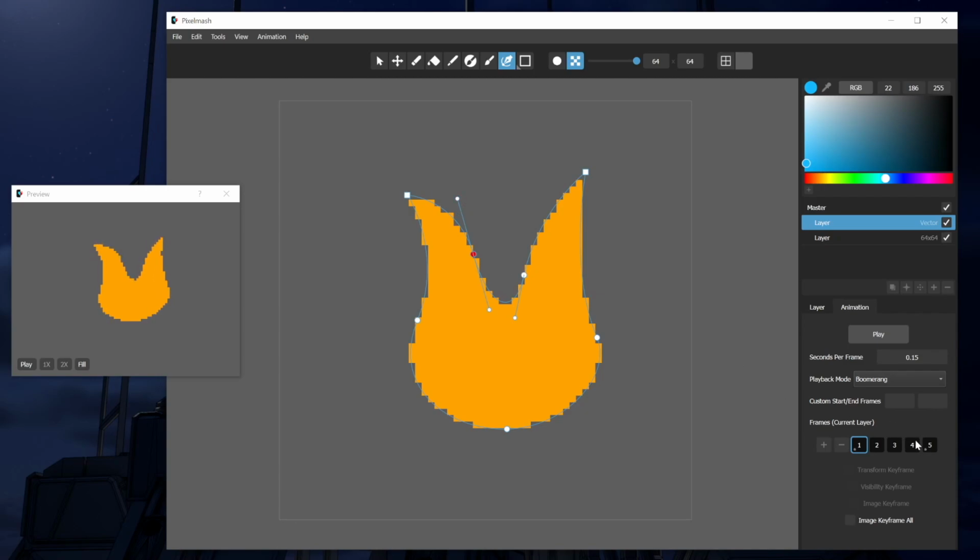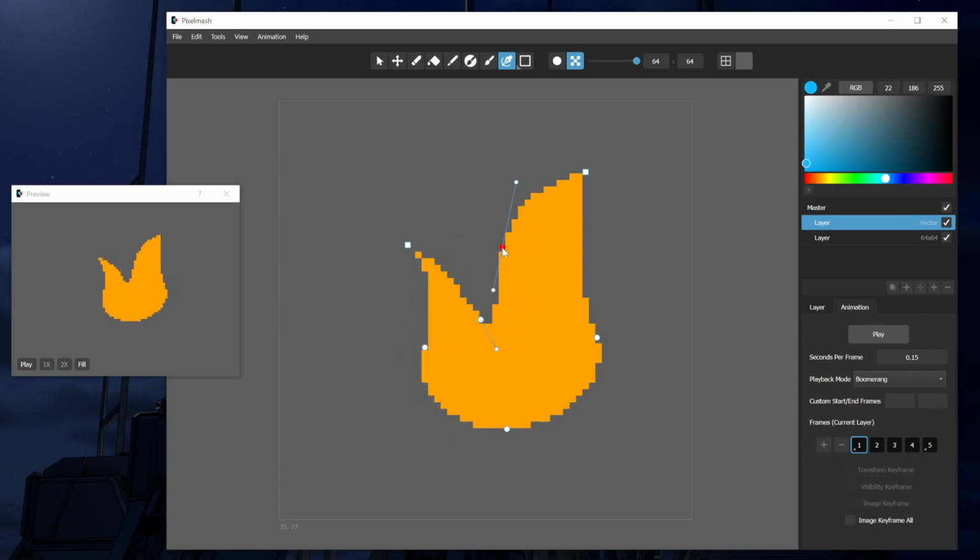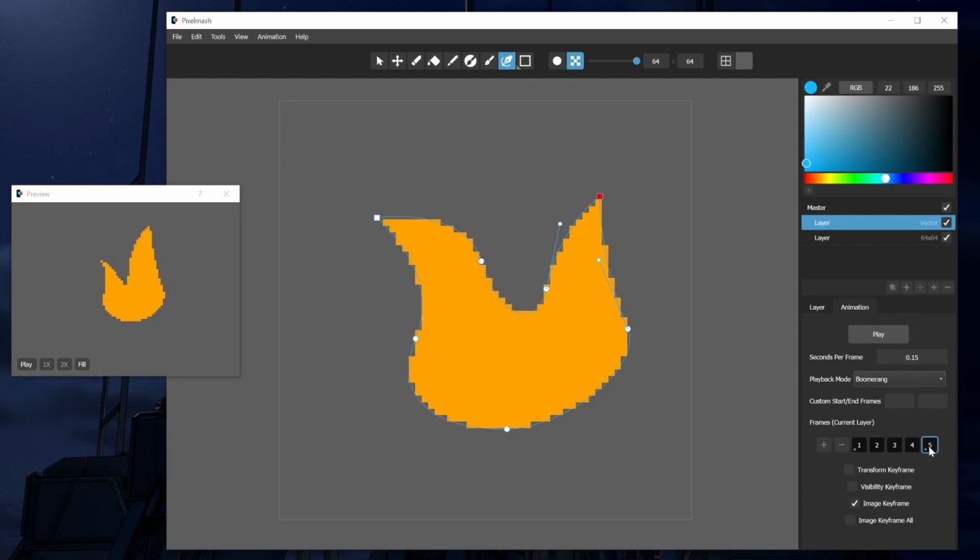I don't love how this looks. This looks kind of terrible. Let's say, what if the first frame looked more like this? And you can see it's updating the animation in the preview window here in real time. So as I'm changing the first frame, it's altering the whole animation with the tweens to show me what it looks like. And so let's say the last frame, we want to be more,